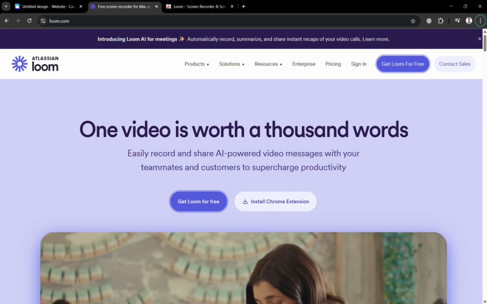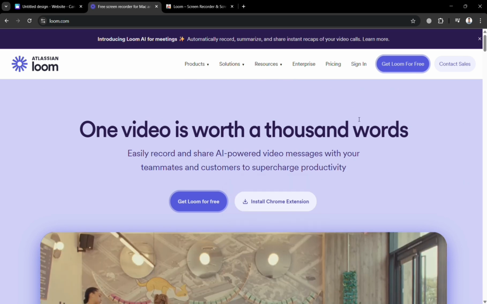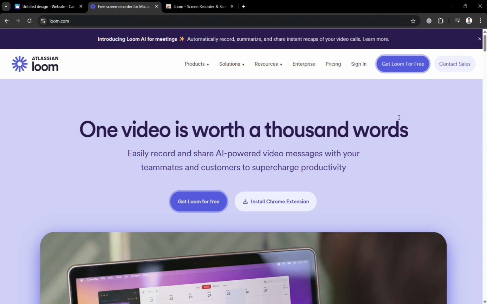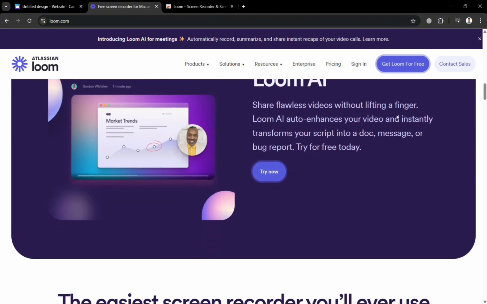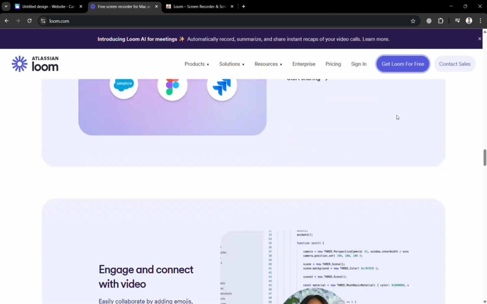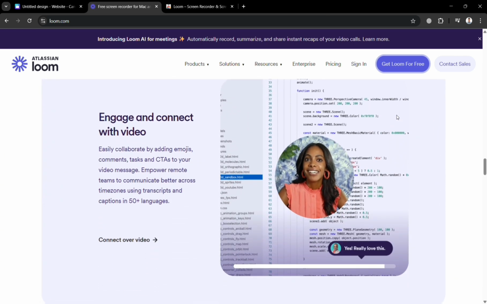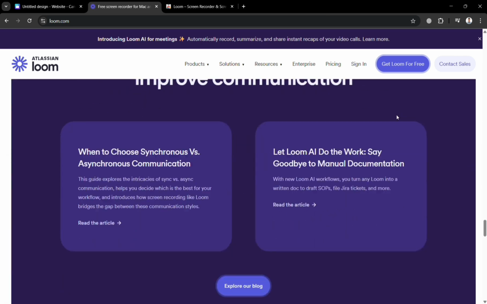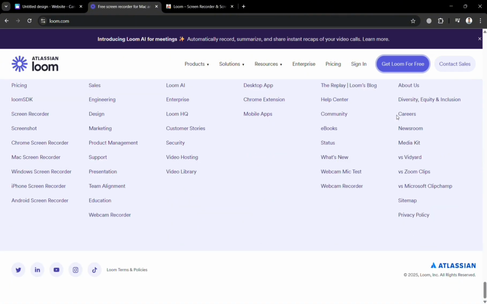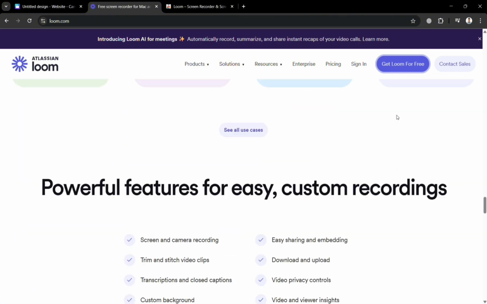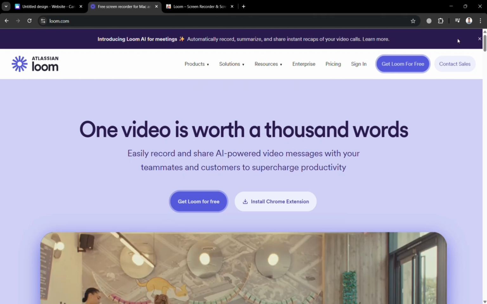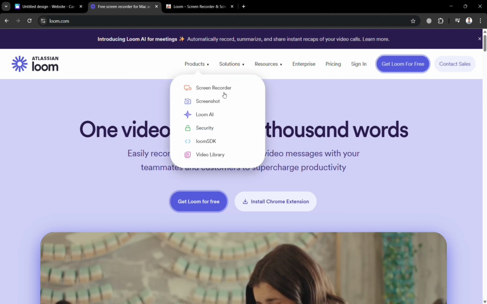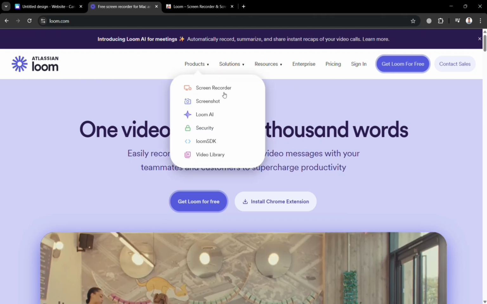scrolling, which is also available, or you could also install Loom using the Chrome extension if you're using Chrome as your browser. So basically, you can also use this website Loom to record within this website while you're scrolling in here. So after doing the scrolling while recording in here, the next thing that you need to